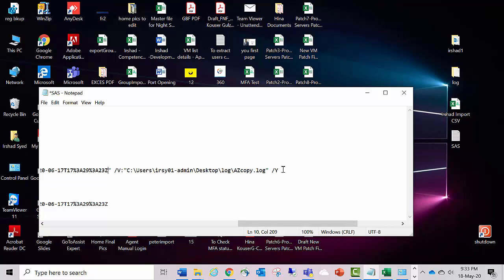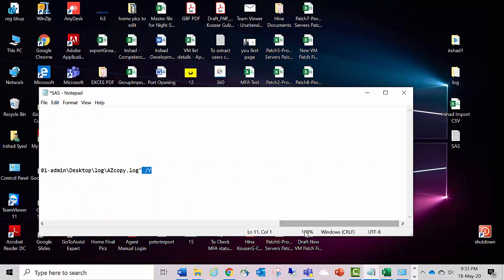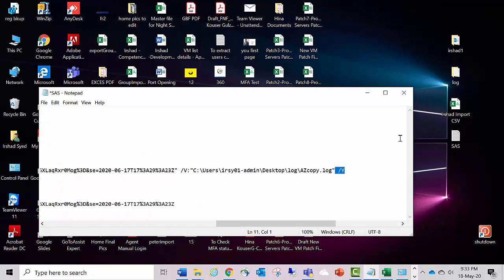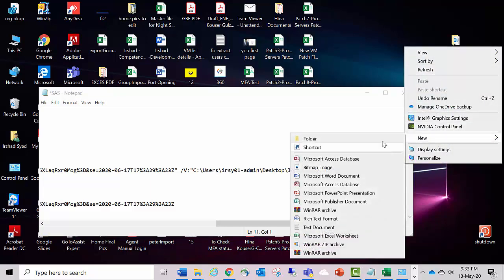Once you execute this code in the Azure AzCopy tool and the task has been completed, it will automatically generate one result log. To receive that result log, you need to specify the folder location to receive the result report. For that, I have created a folder with the name log, or we can create a new folder here.